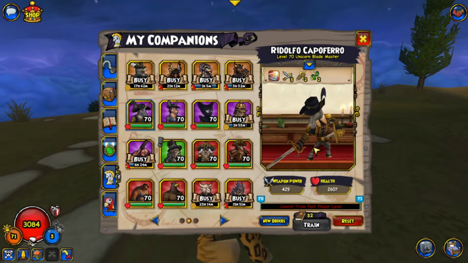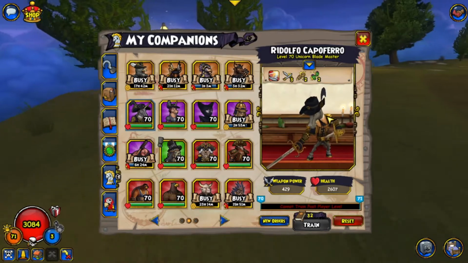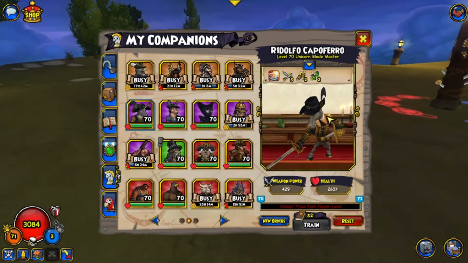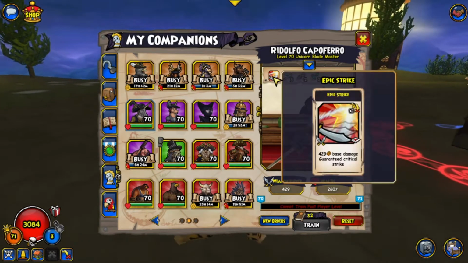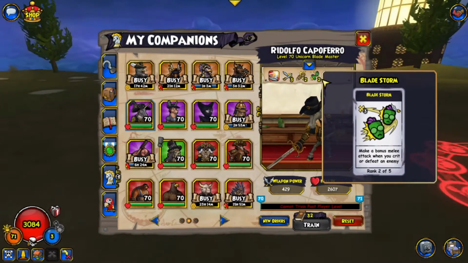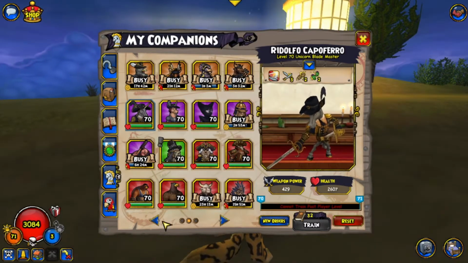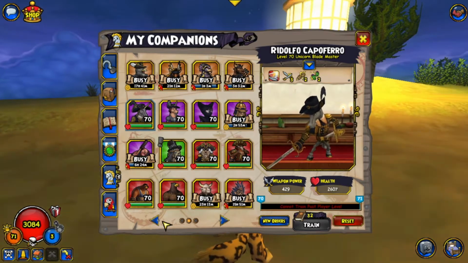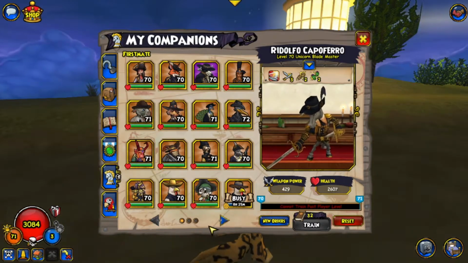Anyway, now Rodolfo. I would sometimes interchange Rodolfo and El Toro, because even though Rodolfo doesn't have a buff, he gets the Epic Strike and he has an extra Blade Storm, which is really nice. He's such a nice companion, and if you're a Swashbuckler, I fully recommend getting a Rodolfo. He is a very good companion, very reliable, crit's decent, and just because he's so reliable, I'm going to probably put him...